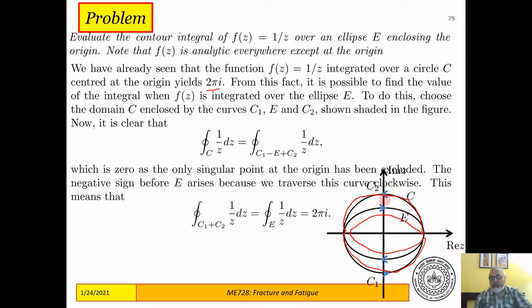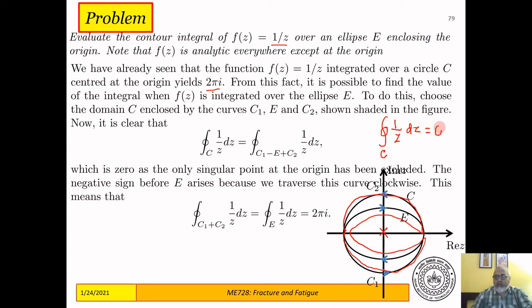So this contour never encloses this point where 1 by z is non-analytic. 1 by z is non-analytic at z equal to 0. So over this entire contour, the integral has to be equal to 0. So the integral of f(z) = 1 by z dz over this whole contour, which we call C,